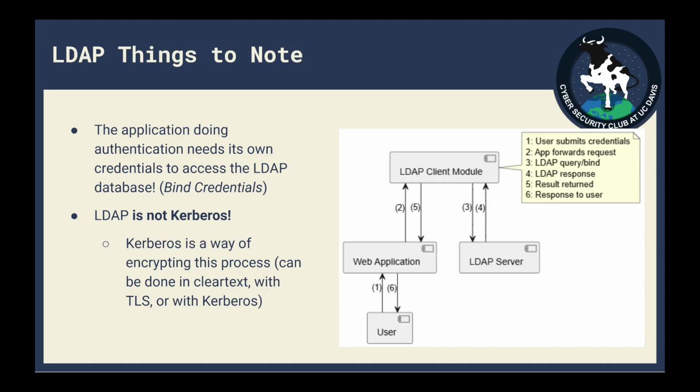A couple quirks about LDAP. When you write an application to do authentication, the normal way of thinking is, okay, I have a user and a password, and I want to check if they work against that server. What if I just sent that user and password to the server, and if the server says that's a real user, it returns, skipping a step, right? Currently the way it's supposed to work is that for my application, I need to create a user, like a web application user, and use that to talk to the server, and afterwards I have to give it user credentials and ask it to check if they're good. Why is it convoluted? Well,